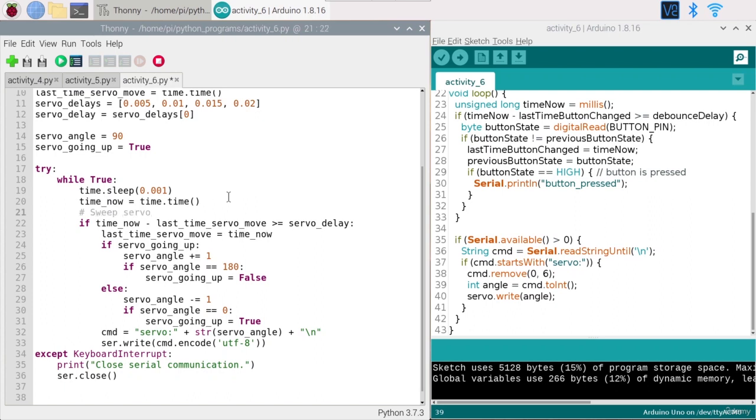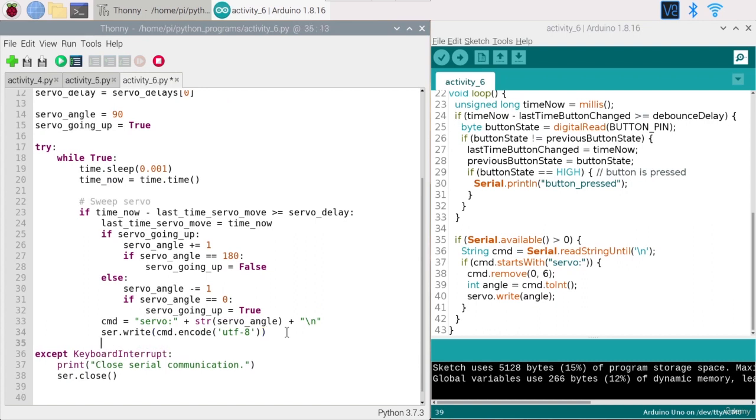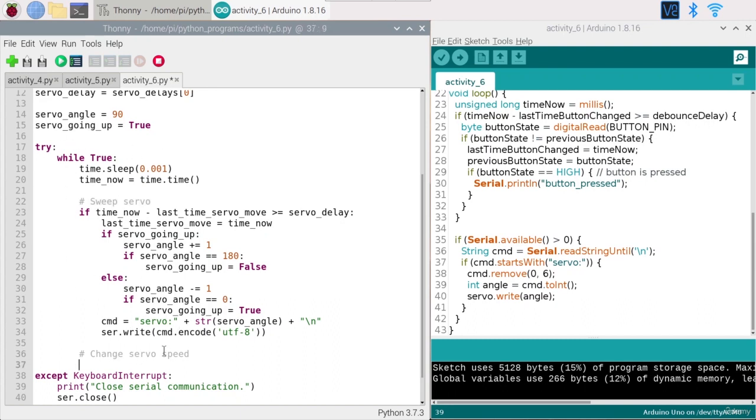Sweep servo. We can put some spaces to make it more readable. And then let's do change servo speed. So the order here doesn't matter. You could do that before or do that before, because we're gonna go very fast in this loop. And so what we do, if ser.in_waiting greater than 0, then we do message is equal to